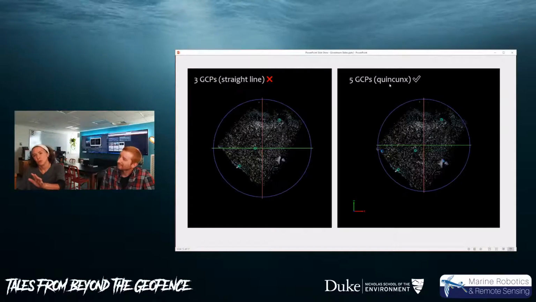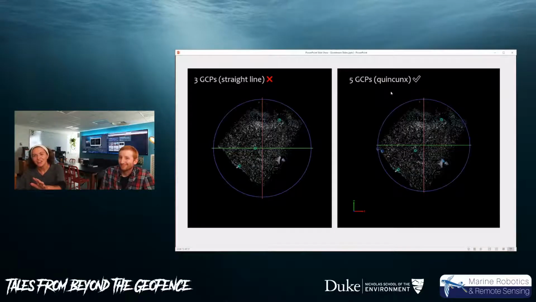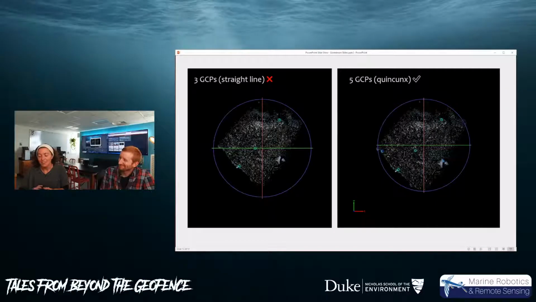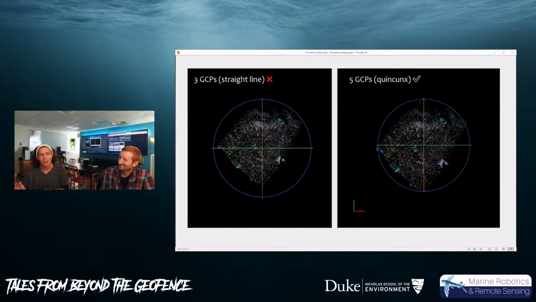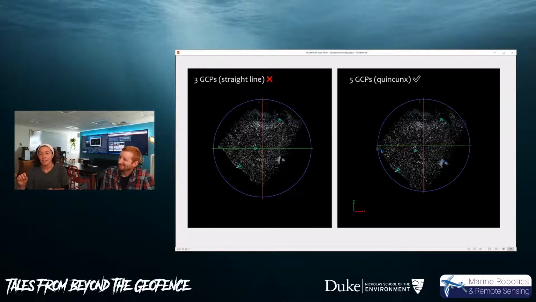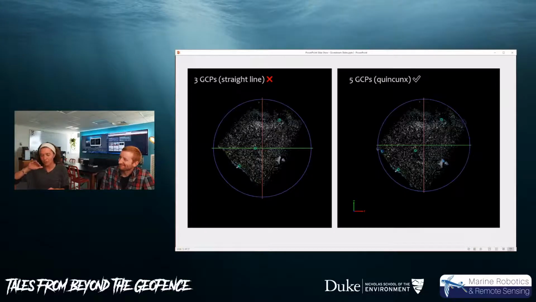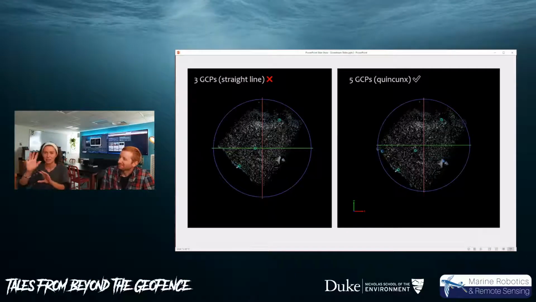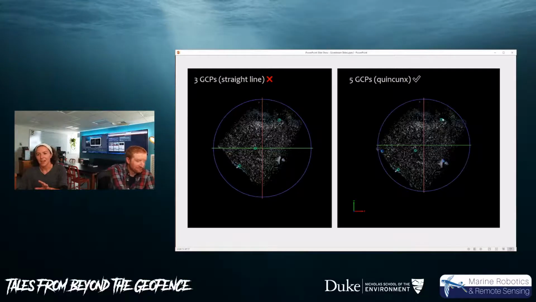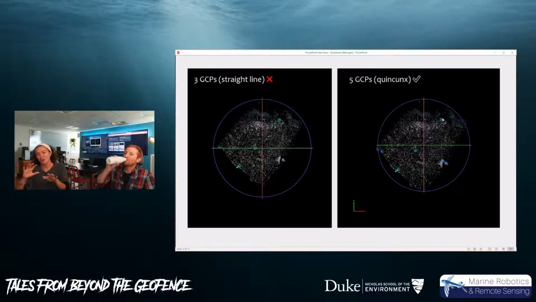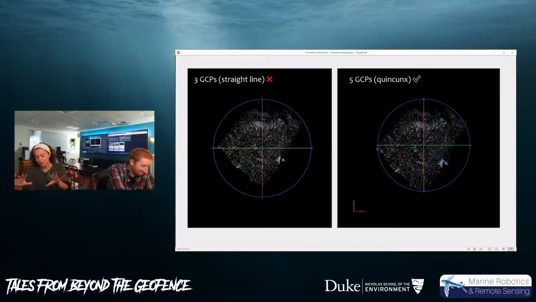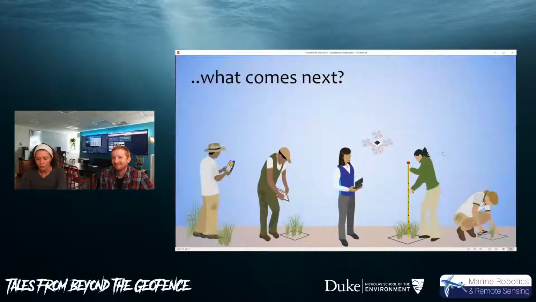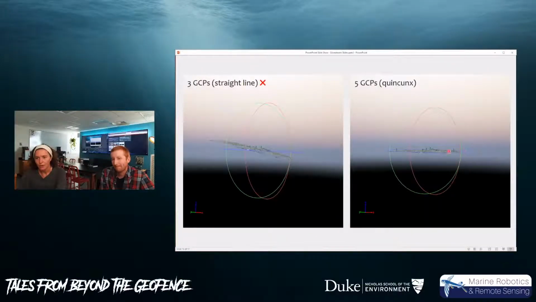And this weird word here, I didn't know this word, quincunx or something. Quincunx, yeah. This is actually a word to describe how the 5 dots on a dice are arranged. They're not all 5 in a line, but they're evenly spaced out so that the right side has a dot, the left side has a dot, everybody has a dot. And that helps the software evenly correct the entire surface and create a much more accurate representation of the marsh surface here.